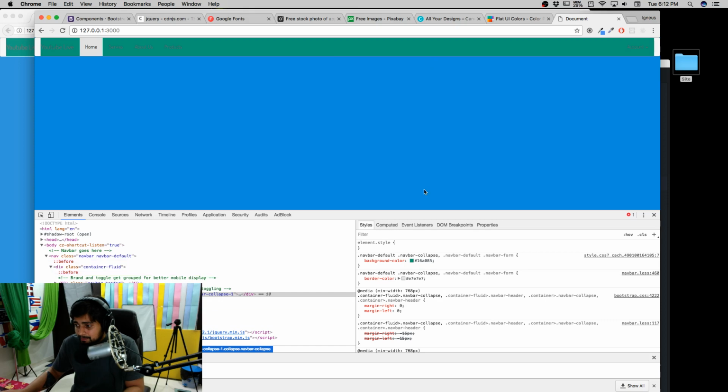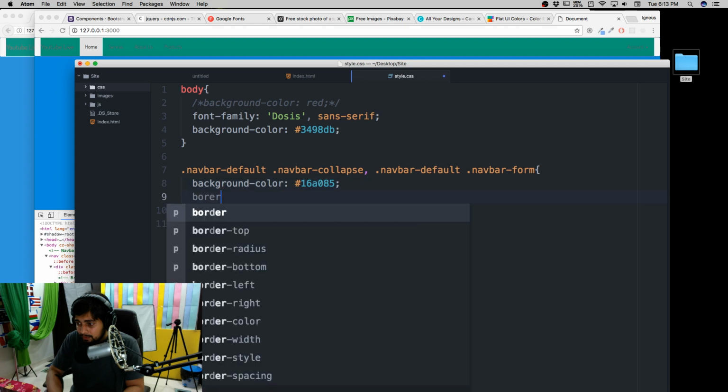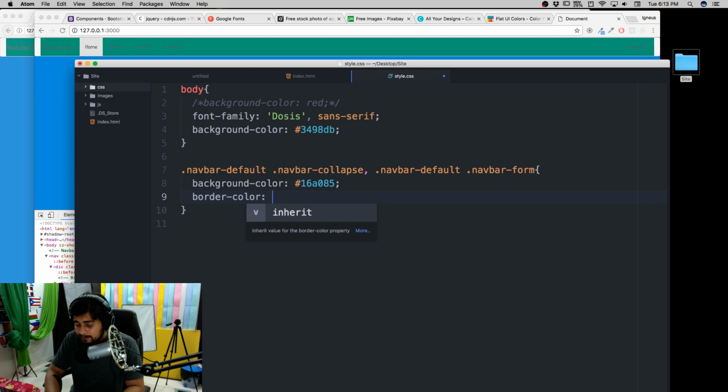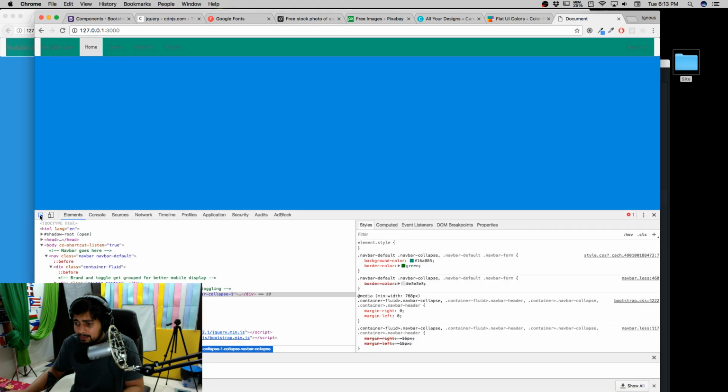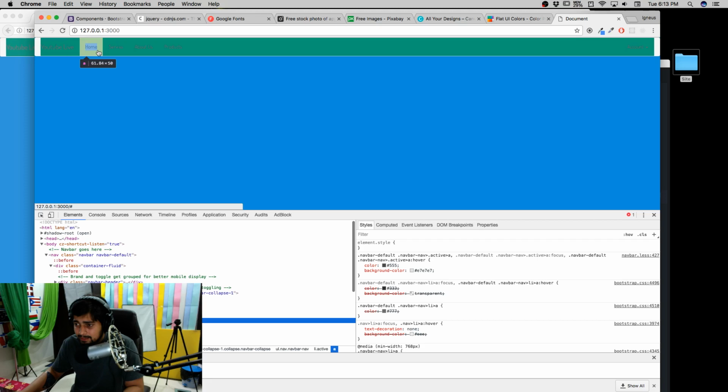You might be thinking, hey, this border color is not looking nice, so we can change that as well. We can simply say border color and make it green. And how about now? It's not going to work just yet because we have to pick another class. Also let me show you one more thing: if you select this, this is an active link there. If I select this, notice it again gives me colors there. These are the colors you're looking for.